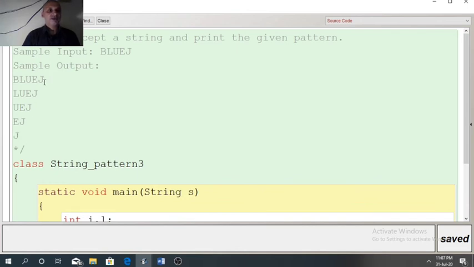So 4 will remain fixed here. For the first row, this index is 0, this is 1, this is 2, 3, 4. So 0 to 4 we have.